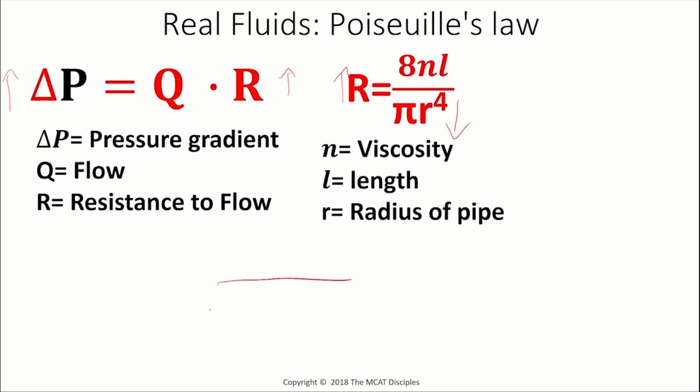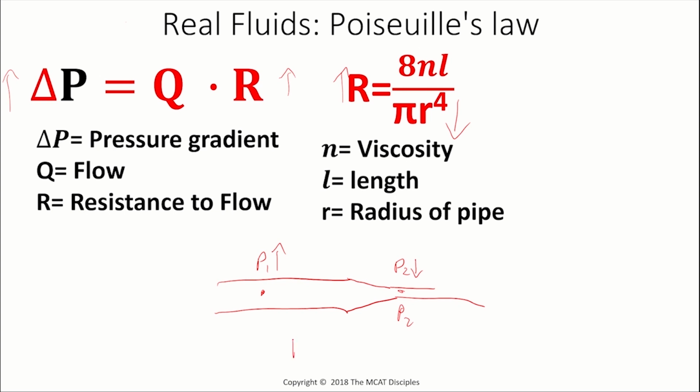Okay, let's say we have this pipe, and it has a constriction like this. Let's call this point P1, and let's call the constriction point P2. At the constriction, the area has decreased, so the velocity increases. And if the velocity increased, by Bernoulli's equation the pressure decreases. So P2 is smaller than P1. At P1, the area is larger, so the velocity decreases, and if the velocity decreases, the pressure increases.